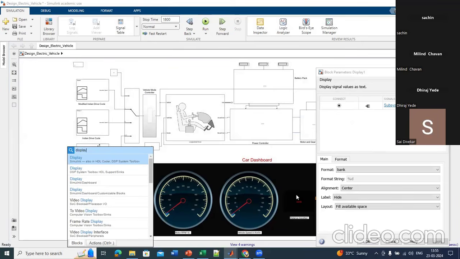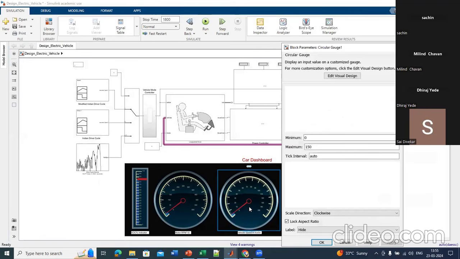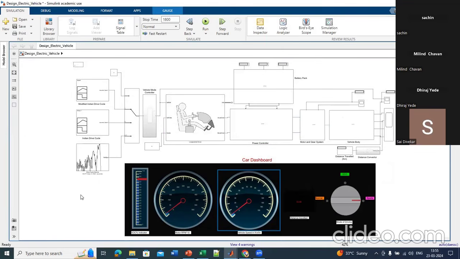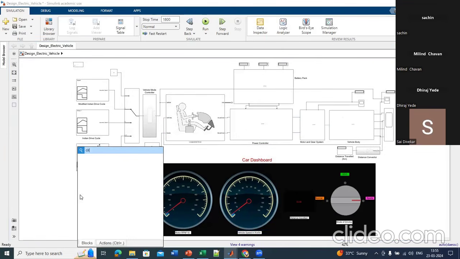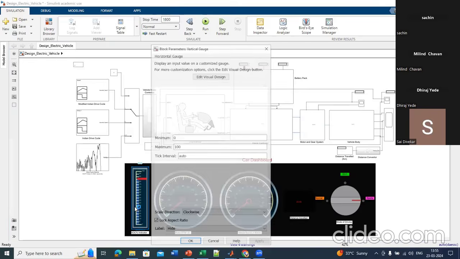Okay, for this one, now this is the same as you have seen. This is circular gauge. Okay, this is also the same thing. You need to connect it in a similar way. Here, if you search, the circular gauge will also be under this Simulink. Okay, circular gauge. See, Simulink dashboard and customizable block. This is another block which